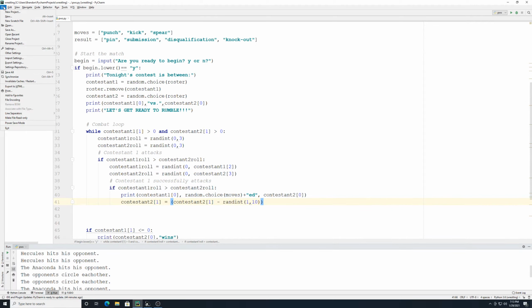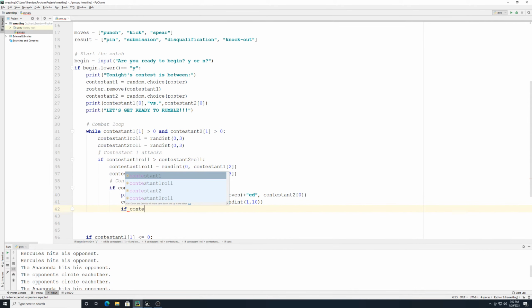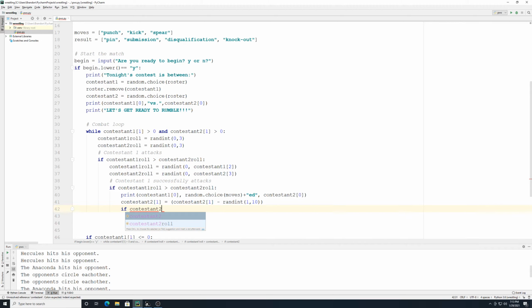Okay, and then I'm gonna save that, and then after that I'm gonna have it check right away to see if anybody is less than 0. So I'm gonna put in here if contestant 2, oops, sorry, if contestant 2, and then I'm gonna put in 0 is less than or equal to 0,